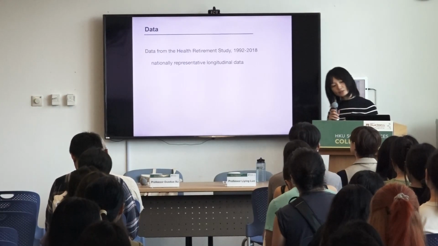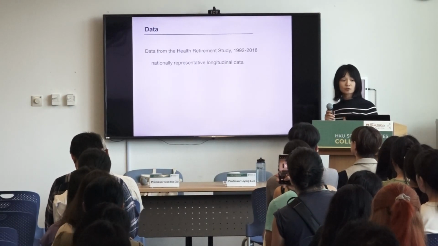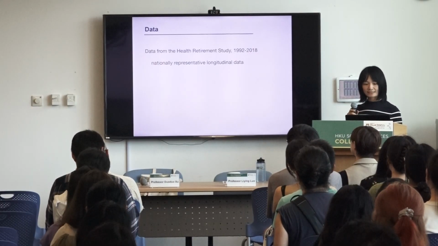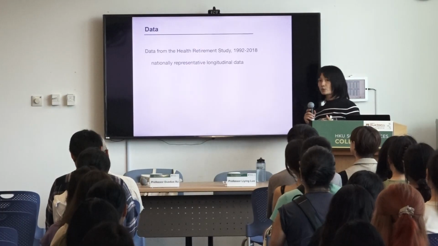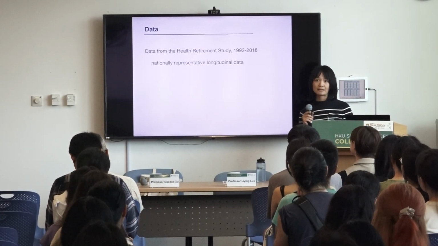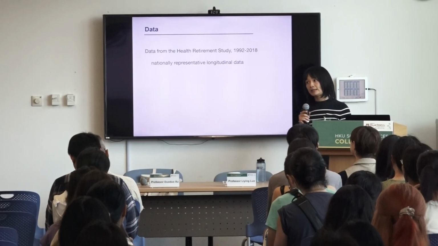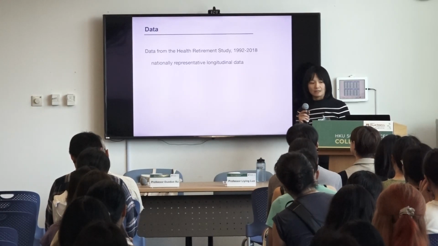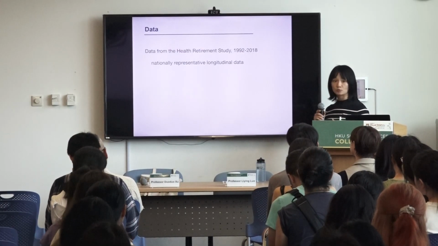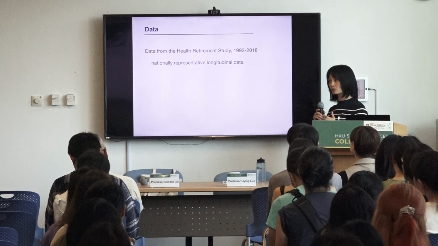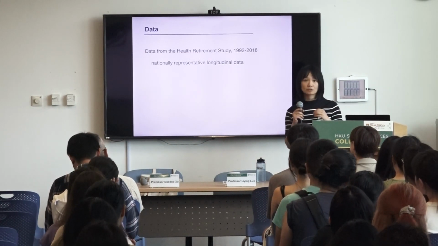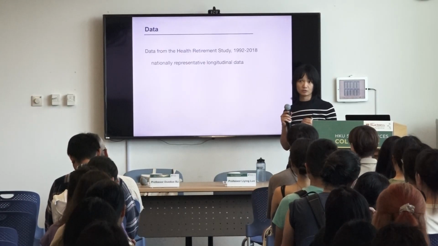So to answer this question, we use longitudinal data from the Health and Retirement Study from 1992 to 2018. HRS is one of the longest and largest longitudinal aging studies in the United States, focusing on the population age 50 or older. They have newer data from the 2020 waves and also 2022 waves. The reason why we didn't use them is because the children's information is not yet available in those